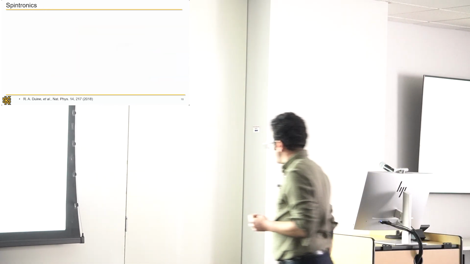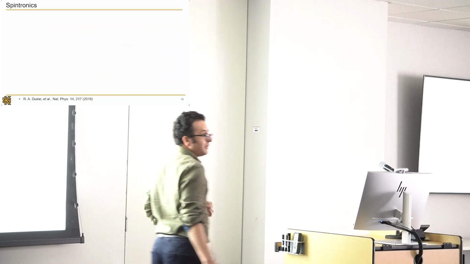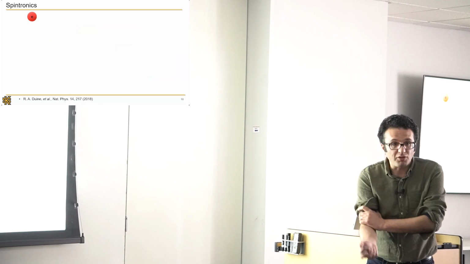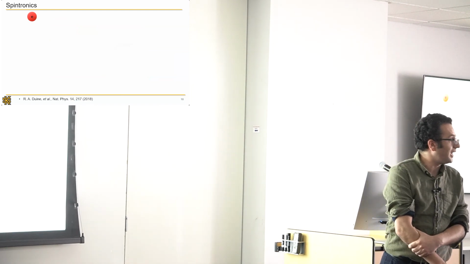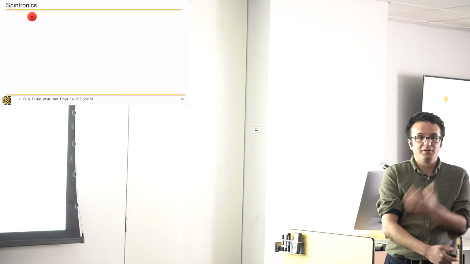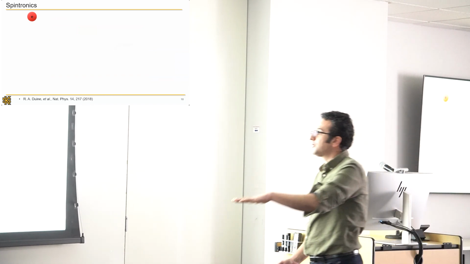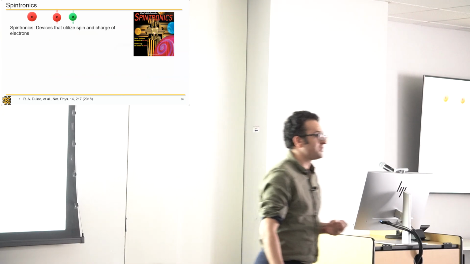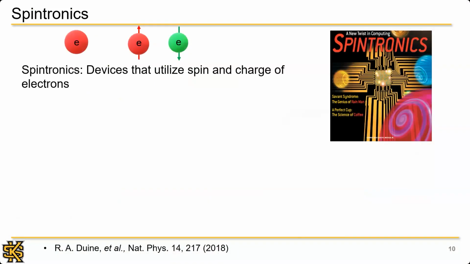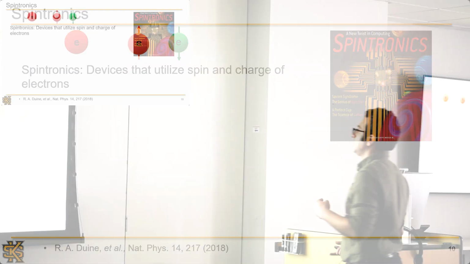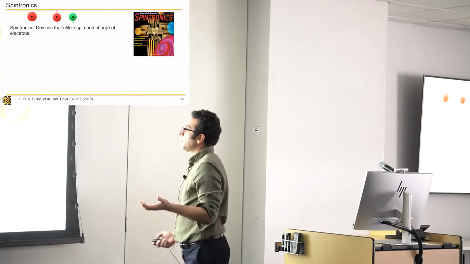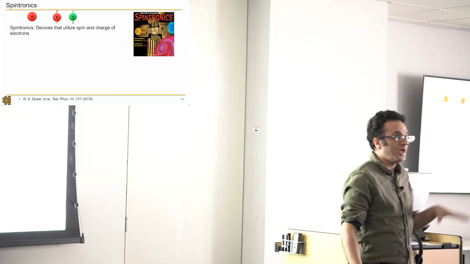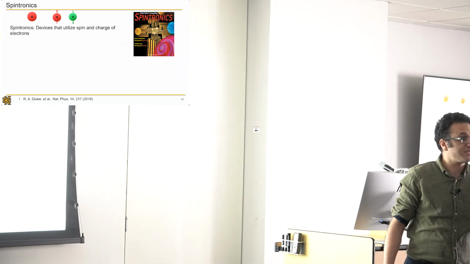One of these fields that aims at solving this problem is called spintronics. So until now, the electronics have been depending on the electronic charge of electrons, right? So I either have charge 1, or I don't have charge 0. But we should remember that electrons have a spin. So in addition to charge, no charge, I could have a spin up and a spin down. So basically the field of spintronics is the field that aims at utilizing both the charge and the spin of electrons in applications, in what is known as spintronic devices.